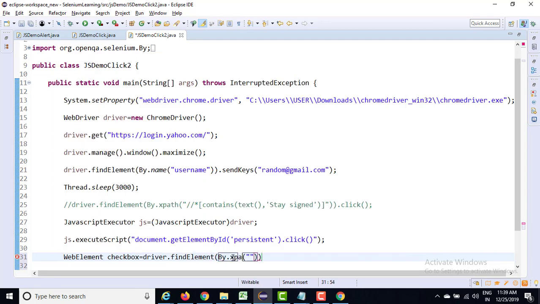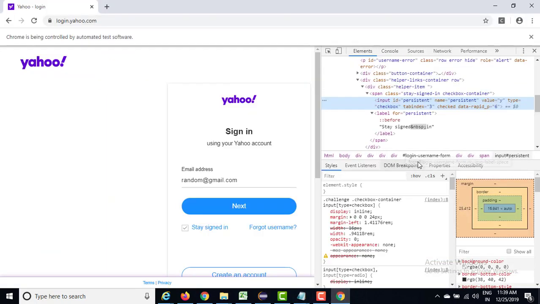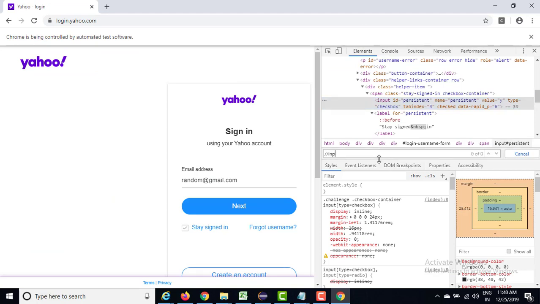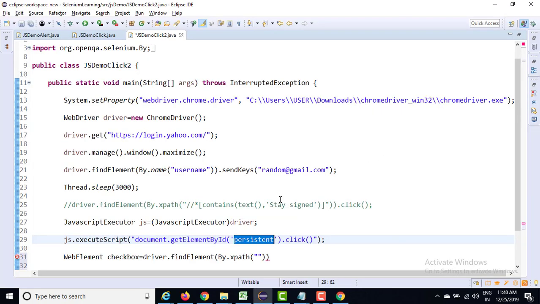Let's say you are using XPath this time. The XPath would be: find an input tag which has ID equal to persistent. Okay, one bracket is missing.